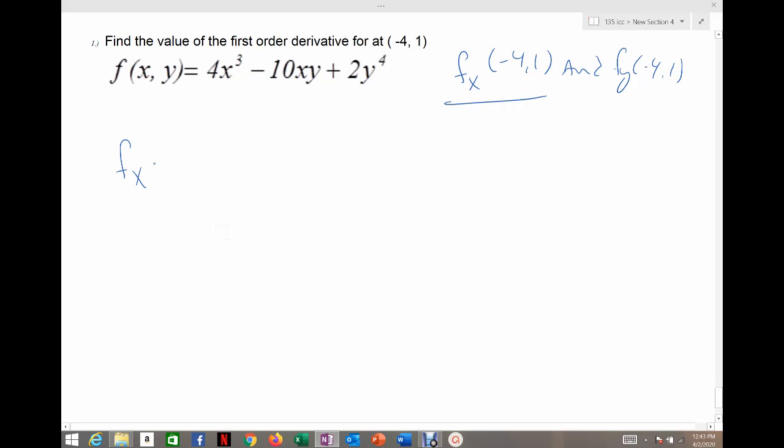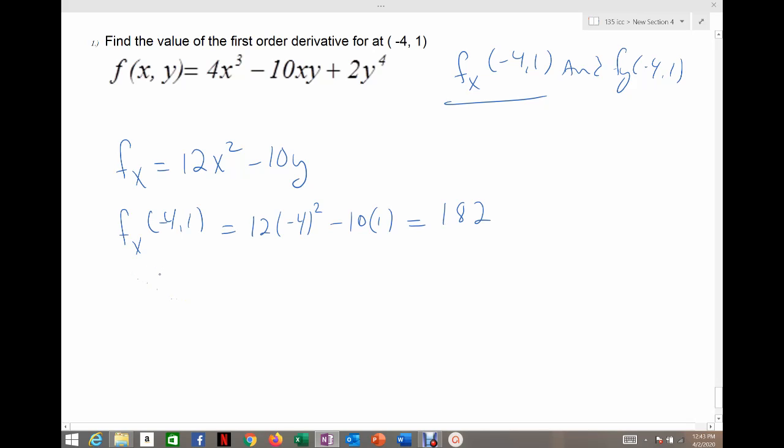The derivative of this with respect to x. So the derivative with respect to x is going to give me a 12x squared minus 10y. That part zeroes out. Plug my point into that. So again, negative 4 goes in there for x, 1 goes in there for y. So make sure you're careful. Negative 4 squared, make sure you put parentheses around that so that you get rid of the negative. And so this comes out 182, which means f of xy, the original function,